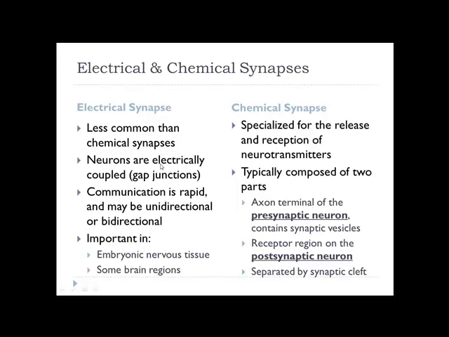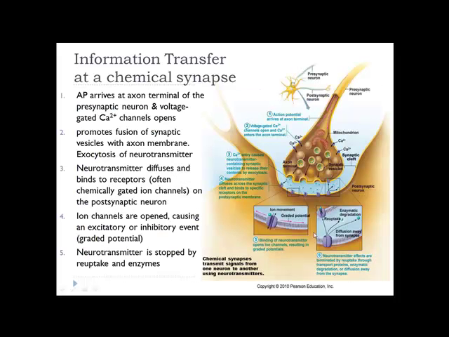So we'll have two types of synapses, electrical and chemical. Electrical synapses aren't very common, but they'll be really, really nice because they can talk very quickly and they can go either direction, forward or backwards. Chemical synapses, when you think of a normal synapse and you think of a muscle, this is a chemical synapse. These guys are going to be one directional, alright, and you'll have an axon terminal, which is going to be presynaptic, and you'll have a receptor region, which will be postsynaptic. It can be another nerve, it could be dendrites, it could be a couple different things.